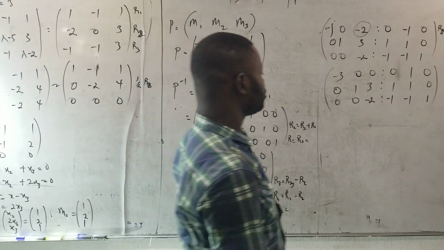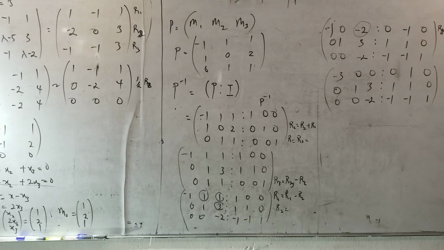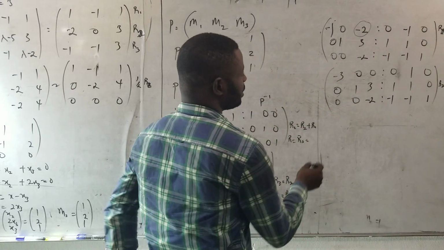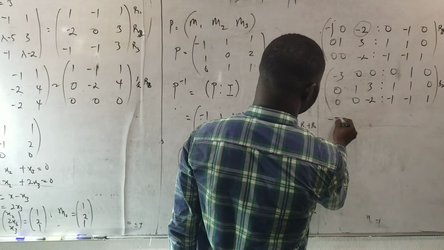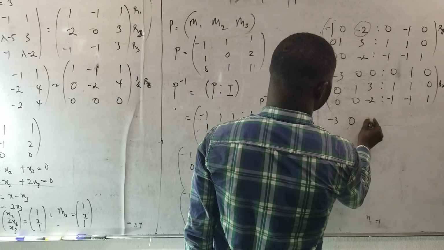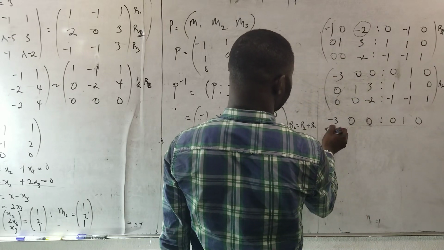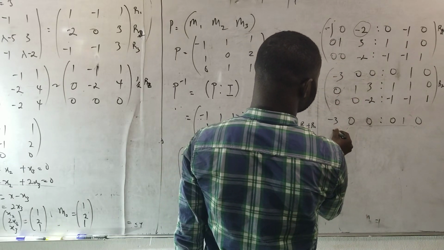Now, what I will just need to do is that I will need to make my R2 equal to 2R2 plus 3R3. Now, 2R2 will be 3R3. Now, at this junction, I will be having minus 2 is 0, 1. Is 0, is 0, 1, is 0. At this junction, I will be having, this will be 0,